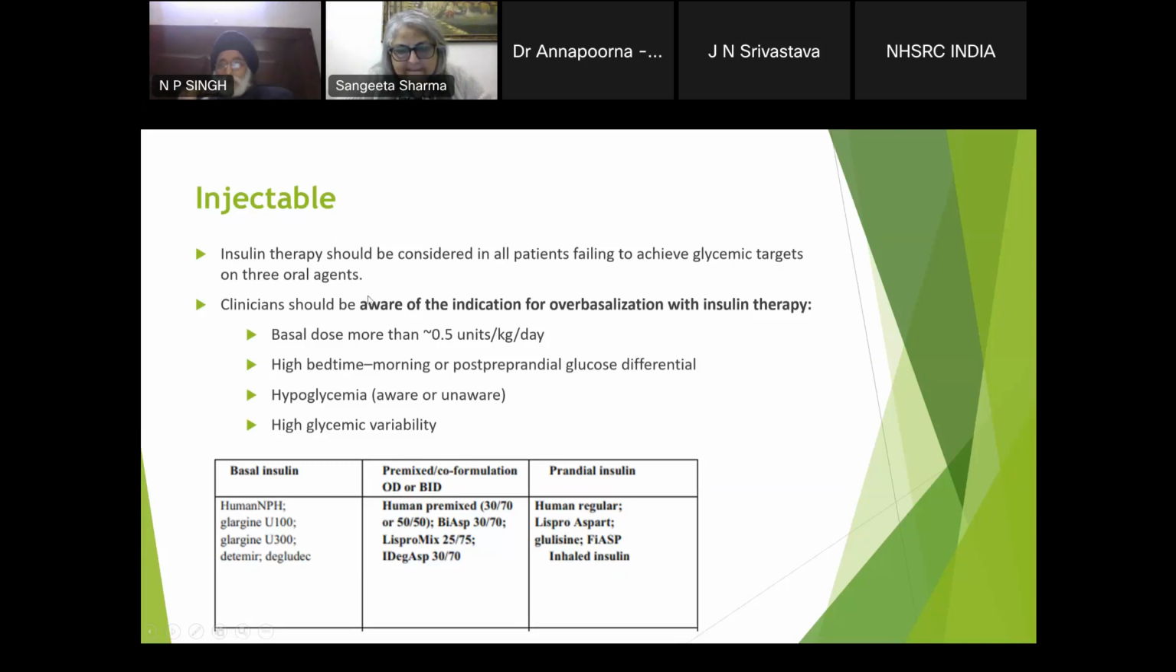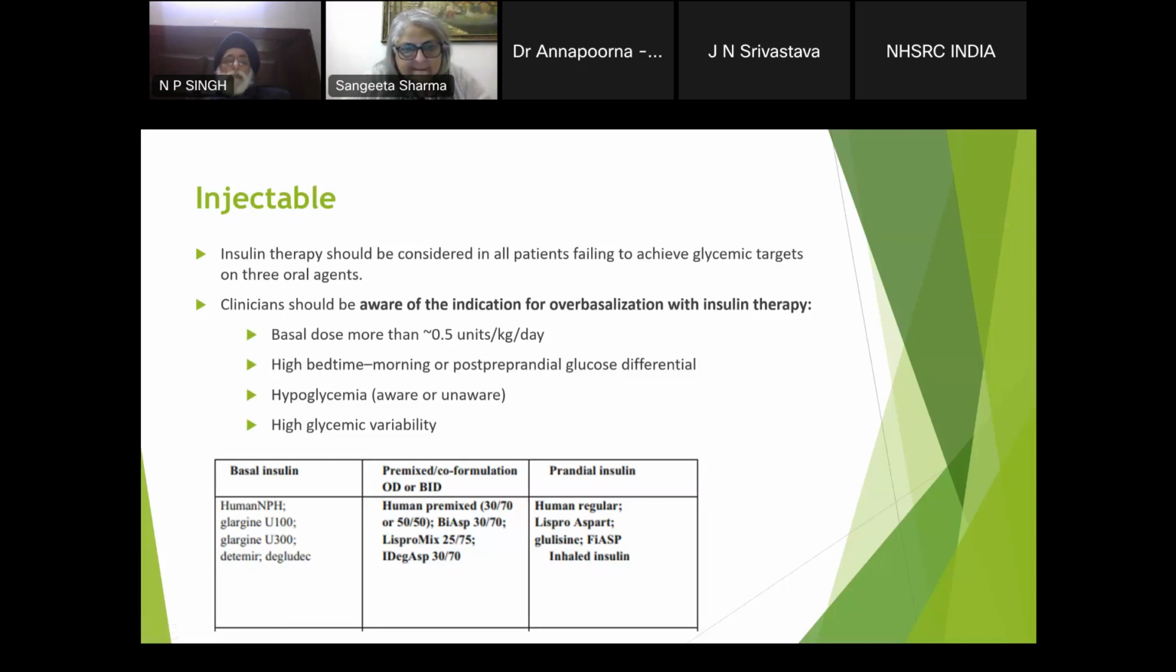So the basic principle remains the same. First thing is always start with the basal dose. Suppose you have to start the patient on insulin, we have to first target the fasting blood glucose, and that will be targeted by a basal insulin. And what is the dose which we should start? Suppose the patient is around 50 kilograms, then we should aim to start around 10 to 15